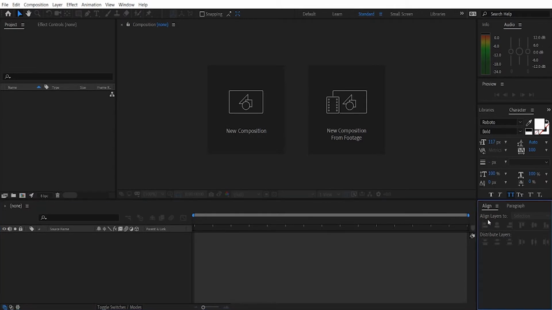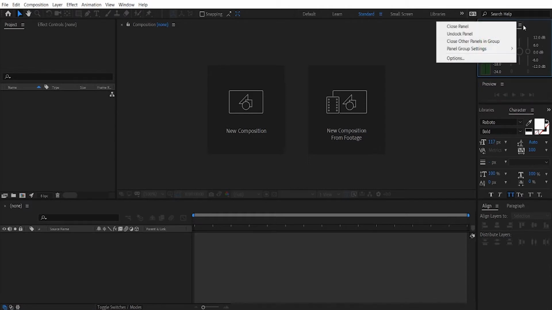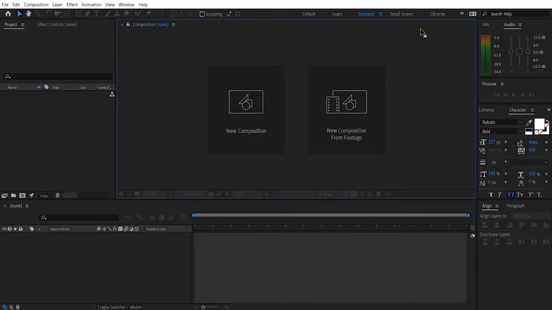And let's check the right one. Right one is align, which is to align your image and video clips. Character is for text. Preview: the animation you will create, you can check it from here. And the audio, to adjust the audio. And the main screen will appear in the middle. Your animation and your video clips will appear over here,